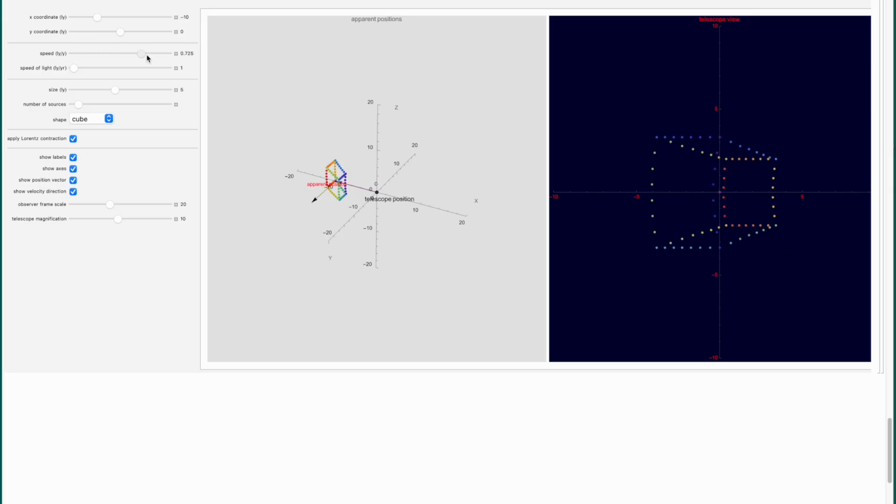Sometimes people call that the Terrell-Penrose rotation, okay? And at extreme speeds, in this God's eye view, it flattens the cube into a sort of a distorted and rotated square. And over here you can see it looks like a slightly distorted trapezoid.